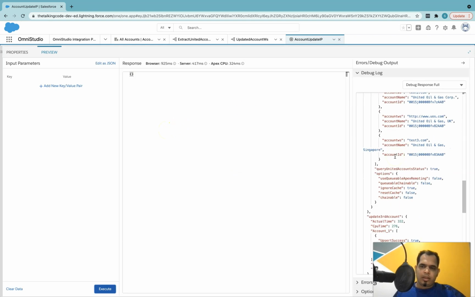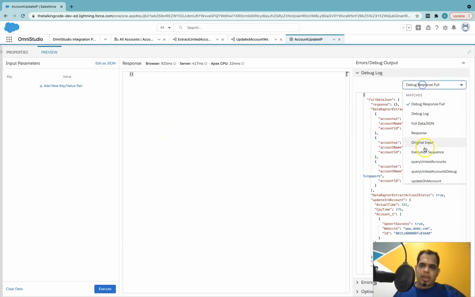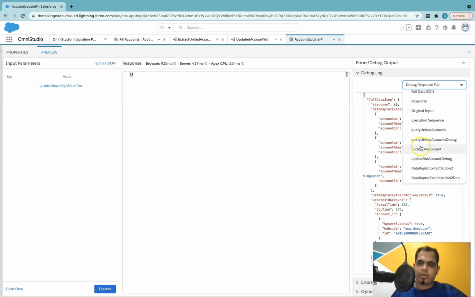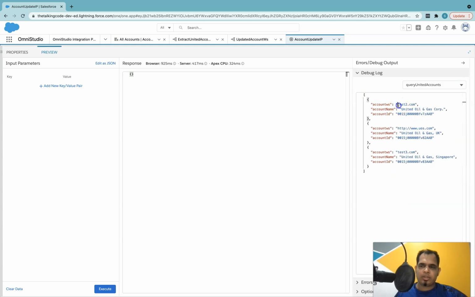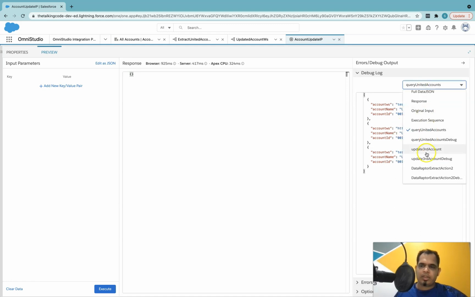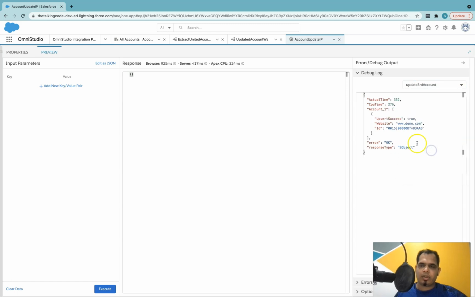Let's quickly see what happens in a sequence. First, this query united accounts executed. It gave us 3 accounts which has a website of test2, this UOS, and the test3. Then this update third account executed.